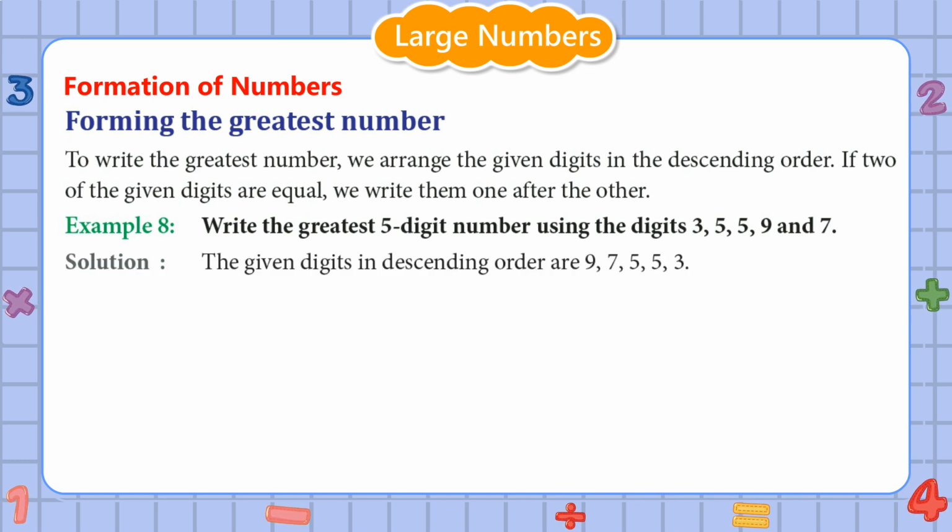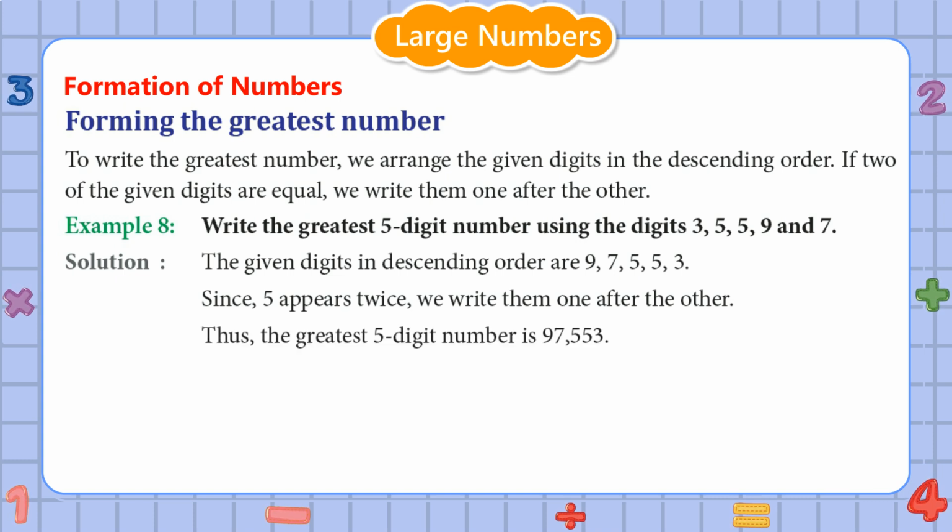Solution. The given digits in descending order are 9, 7, 5, 5, 3. Since 5 appears twice, we write them one after the other. Thus, the greatest 5-digit number is